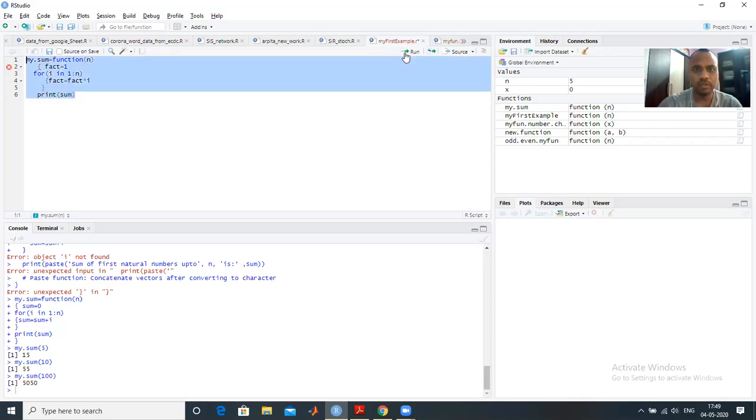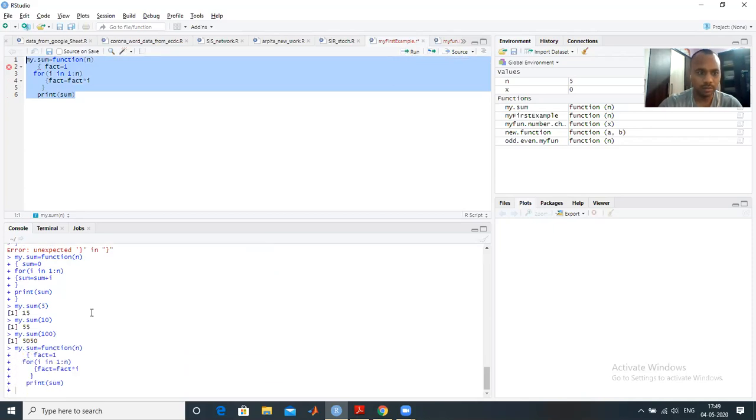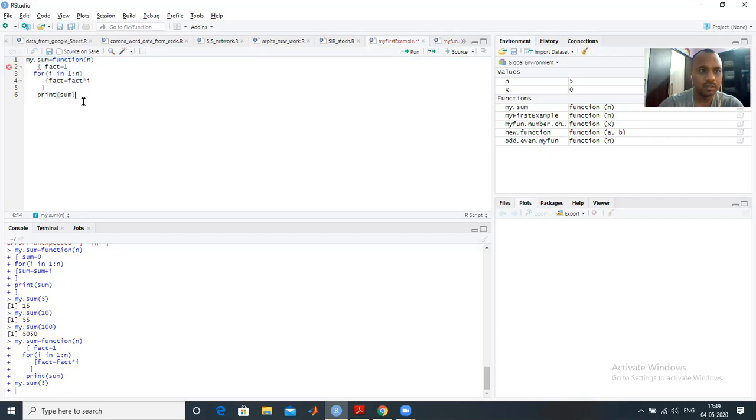So if I run it, the name of my function is my.sum, but it provides the factorial. So I can change the name as well. Suppose I take 5. My.sum is 5. Why is it requiring more?